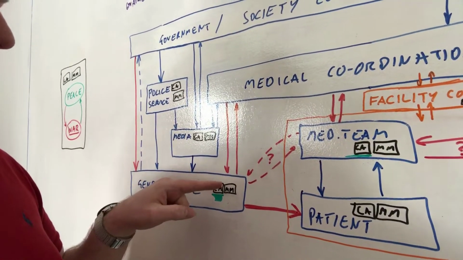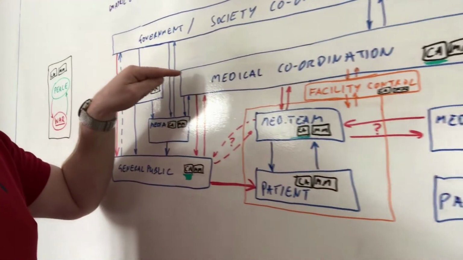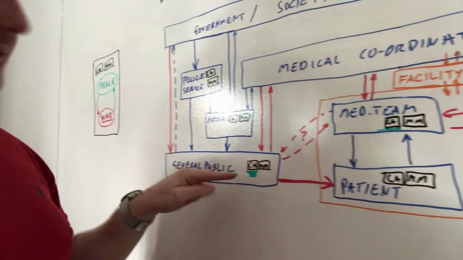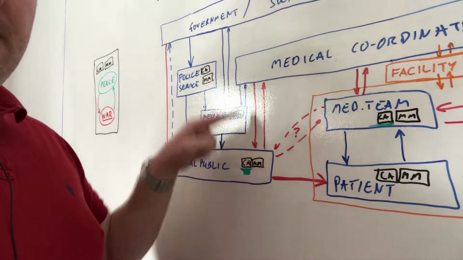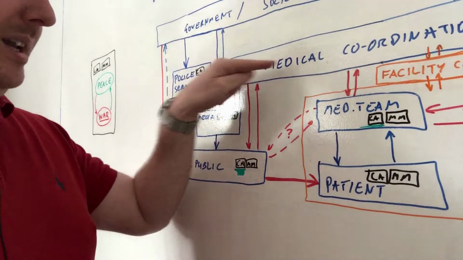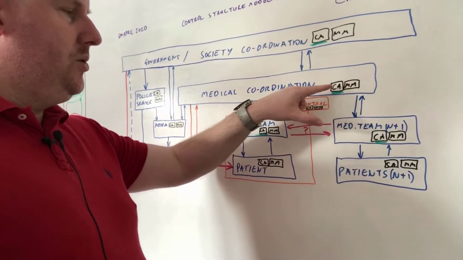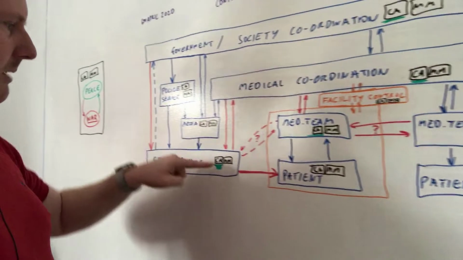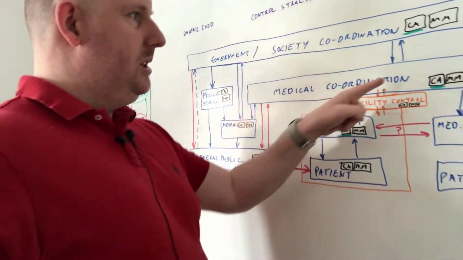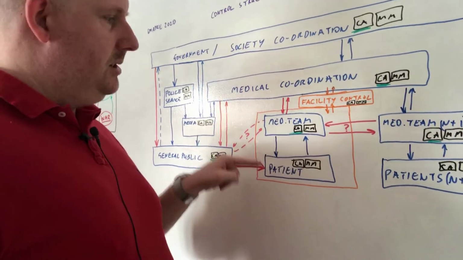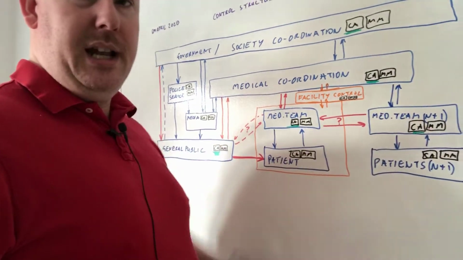And then of course, in terms of the medical coordination here at the front line, what aspects does the medical coordination have with the general population, the general public? Is this control loop here actually present so that the medical coordination, in terms of their management, their mental model and their control algorithm, do they have sufficient information about the state of the general public that they can use to then change their strategy as to how they do the medical care, facilities control, and also coordination with other medical